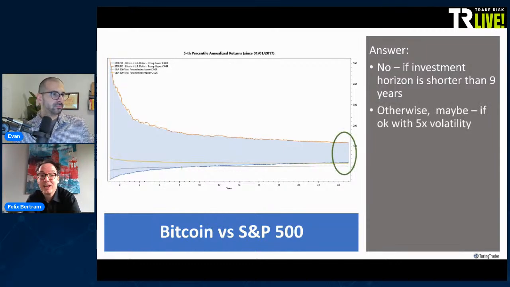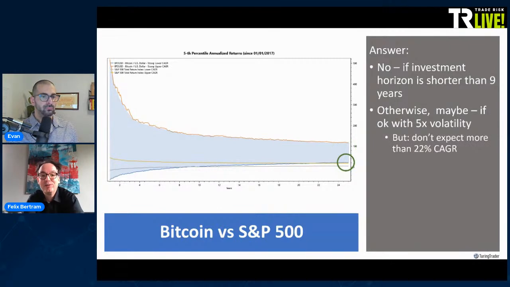And the other part that's actually interesting is, of course, you can still see this huge volatility. So basically, you see this very shallow cone between the yellow line and the gray line. That's the S&P 500. And then this massive width of Bitcoin, well, that's basically 5x the volatility. And this is how this looks like in the range of outcomes. And then this part is actually interesting. So after 25 years, at the fifth percentile, you can expect maybe 22% from Bitcoin. So that's of course a far cry from 120% or something on the more optimistic side of things.